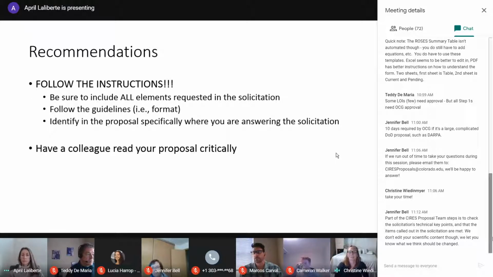A lot of times, and I specifically really like this as a reviewer, the RFP or the call for proposals will have specific objectives that they want the proposers to address. And so I think it's especially helpful for reviewers if you identify in your proposal the objectives that are called out by the RFP and then how you're going to answer them. So say the call says you need to do A, B, and C. In the proposal, you can say, I'm going to do A and highlight that by X, Y, Z, and I'm going to do B by X, Y, and Z. So you are exactly going back to the call.